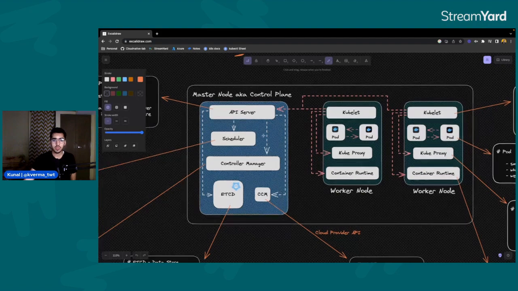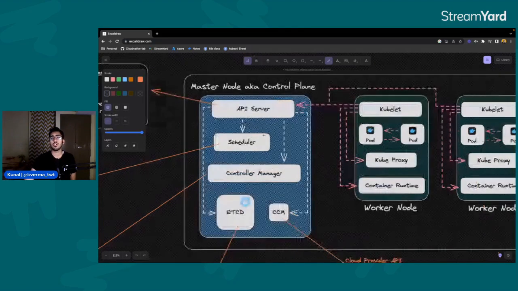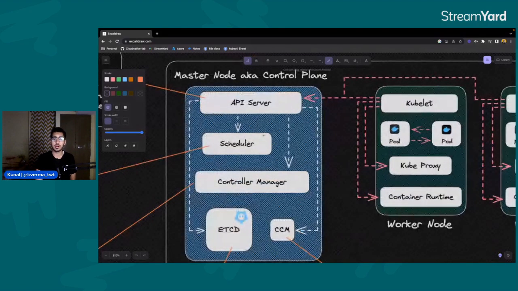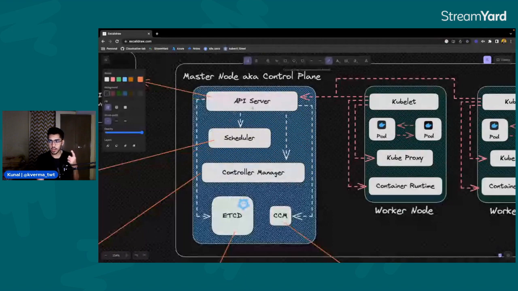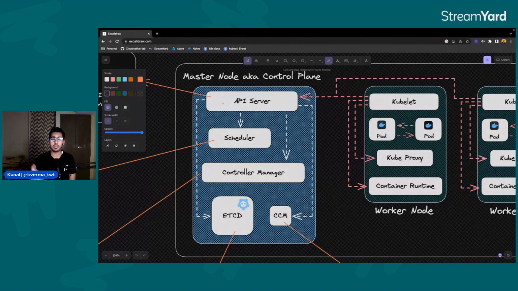So what are the components of a master node or the control plane node, as it is commonly referred to? One thing I would like to mention is that all these components are also called the control plane components. These are a few terms that are commonly used in the ecosystem, or whenever you read a blog or an article. Don't get confused if people are using some other terms. These are the most common terms used: master node, control plane, and control plane components.